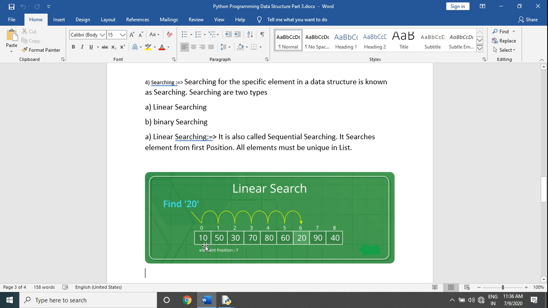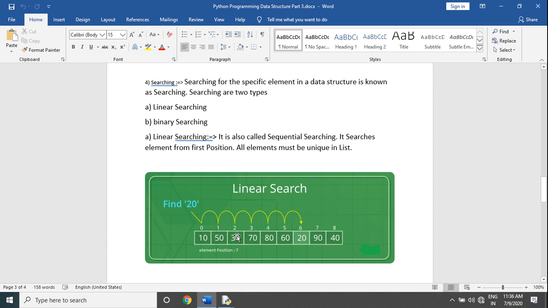For example, we have a list which has elements 10, 50, 30, 70, 80, 60, 20, 90 and 40. We want to search for element 20. It starts searching from the first position. If the element does not match, it comes to the next element.